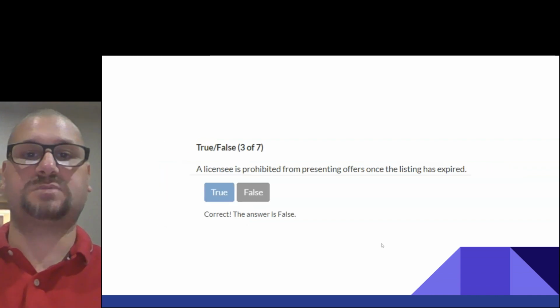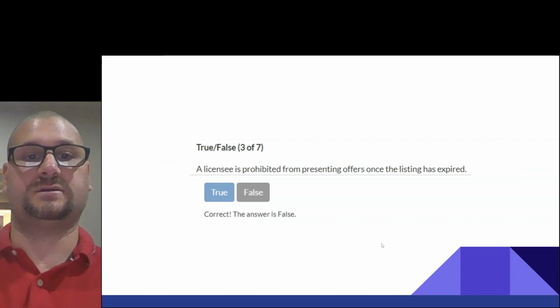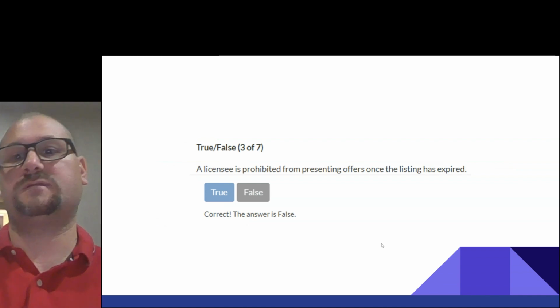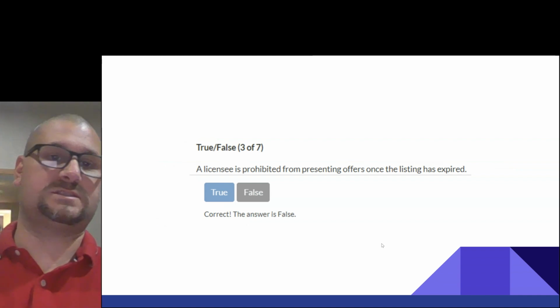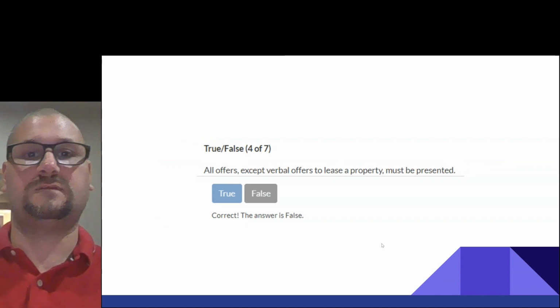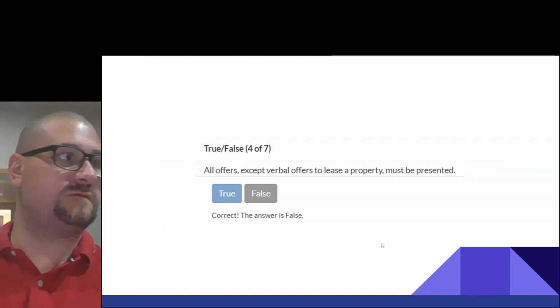A licensee is prohibited from presenting offers once the listing has expired. False. A licensee is not prohibited from presenting offers once the listing has expired. All offers except verbal offers to lease a property must be presented. This is false.